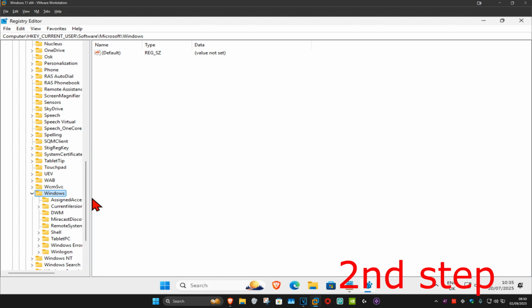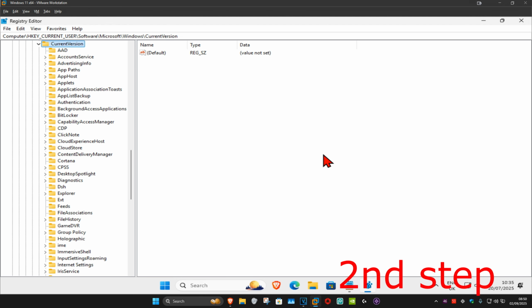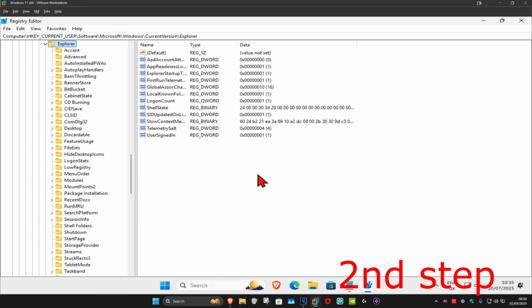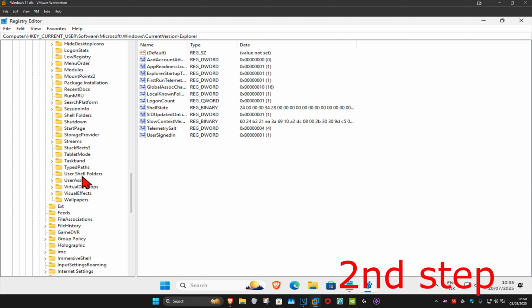I'm going to make this a bit bigger, and now you want to expand CurrentVersion, and now you want to expand Explorer, and now you want to click on User Shell Folders. We're going to scroll down till we find User Shell Folders. You want to click on that,